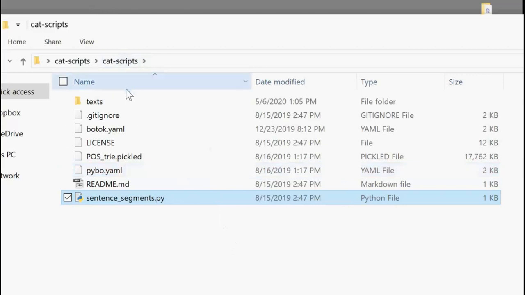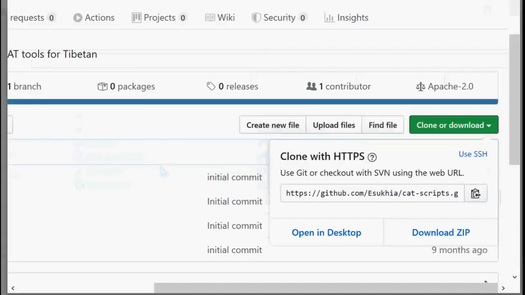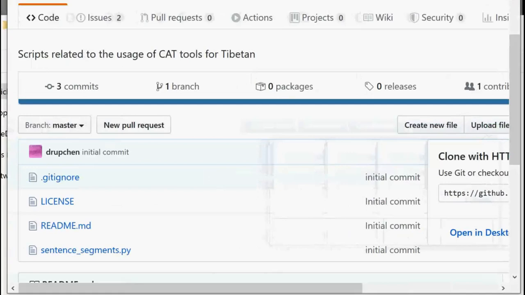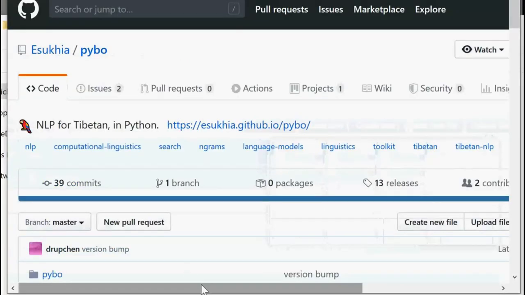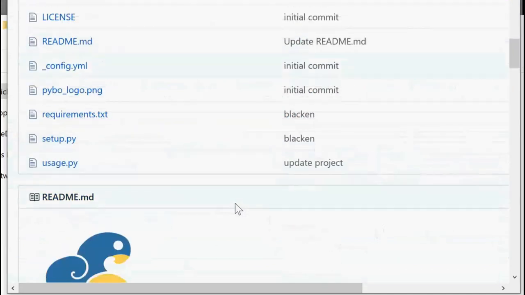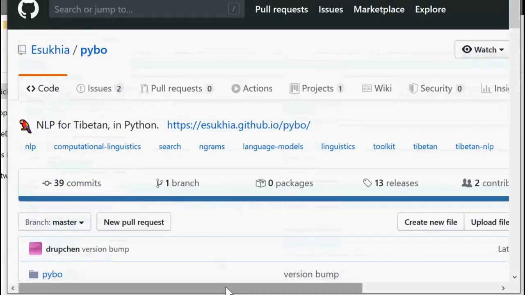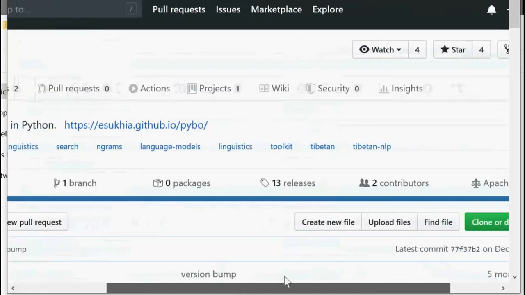Anyways, and then the other two things you need to install, it doesn't just work on Python alone. It relies on this word tokenizer, because the word tokenizer is actually going to identify the verbs and the parts of speech. So here's the repository for Pybo. You actually don't need to download it from there,